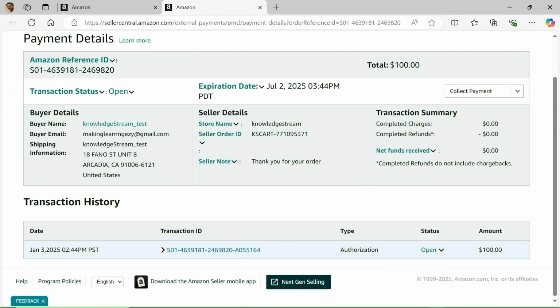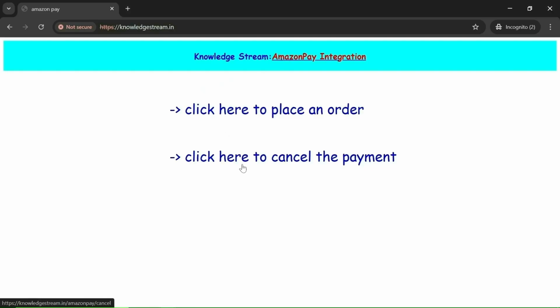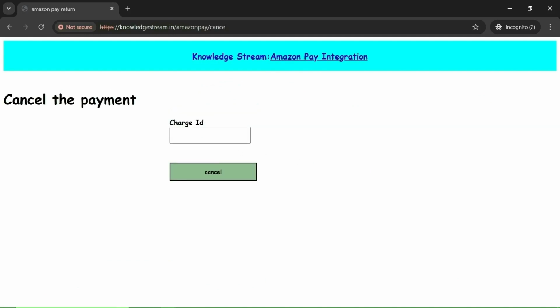Payment cancellation is only possible when the authorization is in open status. Now we will perform the payment cancellation. So once the payment cancellation is successful, this status will change from open to closed. So let's go to the website. Let's click here to cancel the payment. We have already copied the charge ID. Let's paste here.